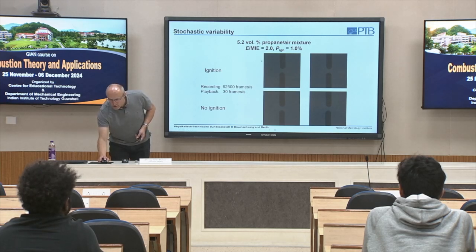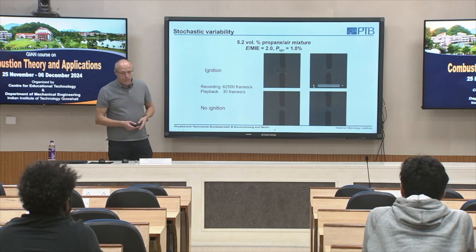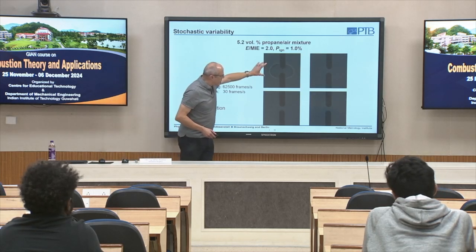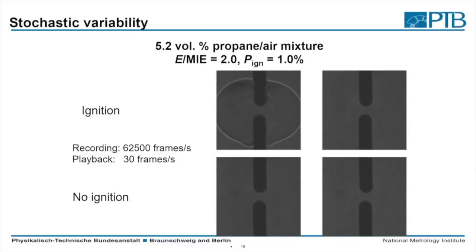But that's only a small part of the real world. So when we look here at typical ignition events, you see the deposition of the hot energy into the system, and then this flame starts smoothly to have a typical spherical shape. Of course, at that time, the ignition event is no longer of interest. Now the combustion just takes place. But here we can see, hopefully, a slightly different configuration. You may see that the flame starts earlier on the right side.